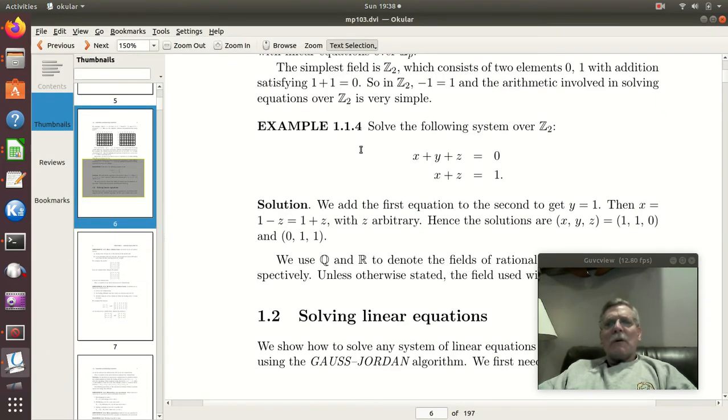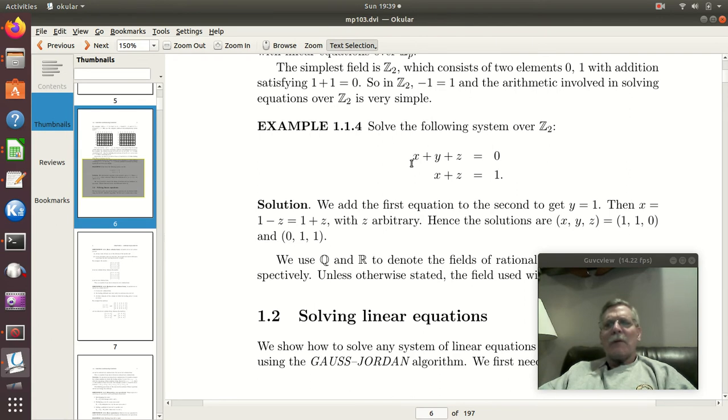Okay, so we can actually also use Sage to do our Z sub P finite fields. And so for instance, for this example 1.1.4, where they look at the solution to this system, and we did something like this by hand. I think I might have, by hand, had those switched, the 0 and the 1, but at any rate,